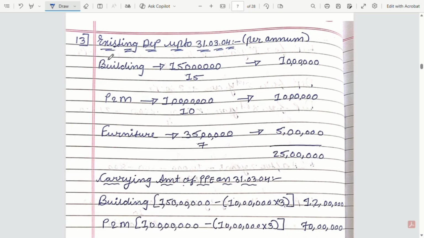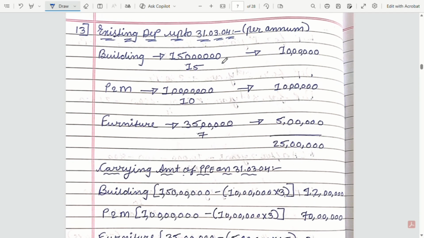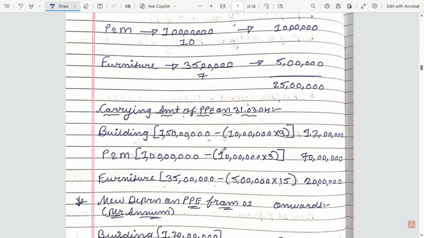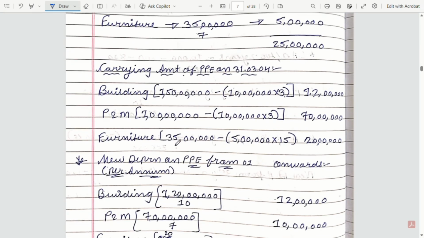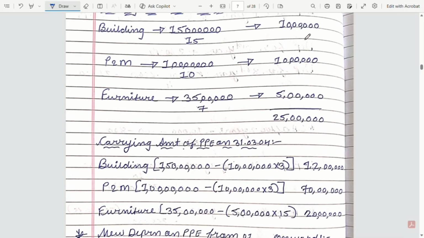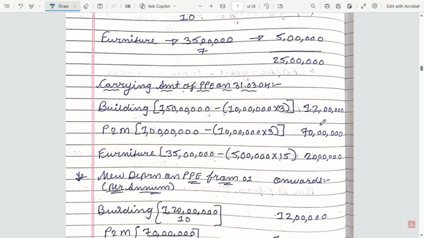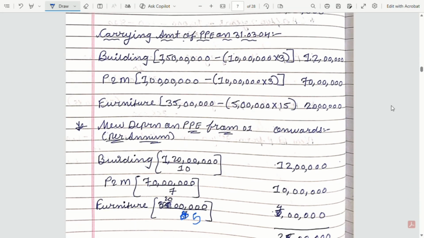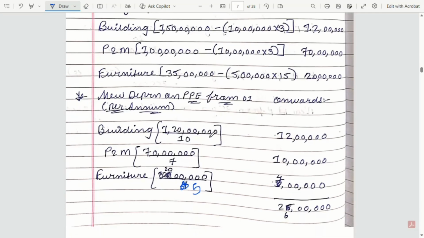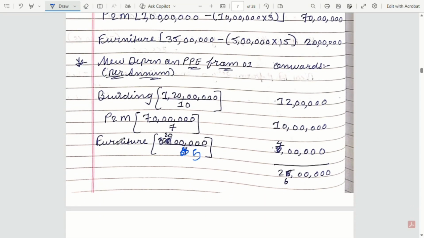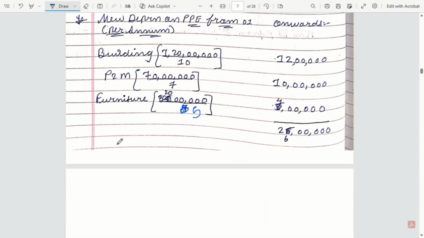Firstly, existing depreciation up till 31st March 2004: we will divide by the useful life to calculate the depreciation per annum, then calculate the carrying value as on 31st March 2004. So the depreciation per annum, multiplied by 3, will be reduced from the original cost and we will get the carrying value. Now the new depreciation from 1st April 2004 will be calculated with the revised useful life, which is